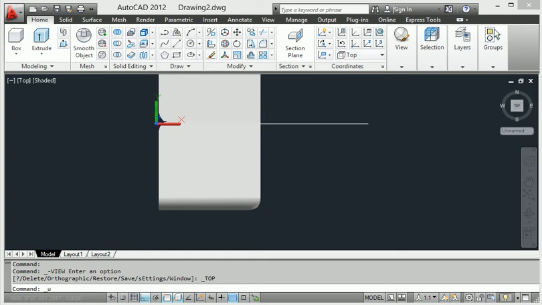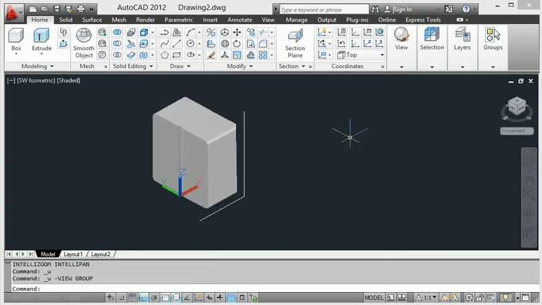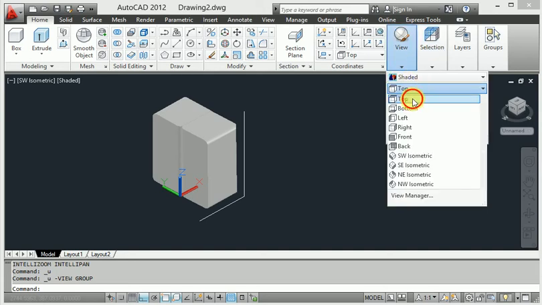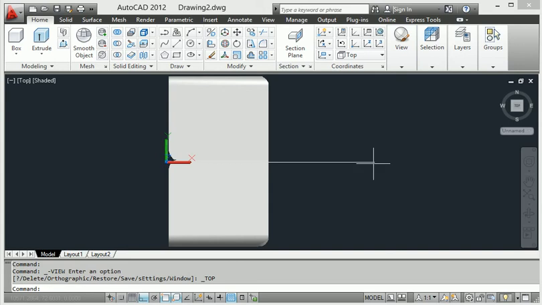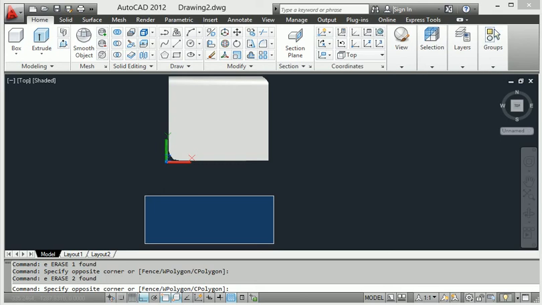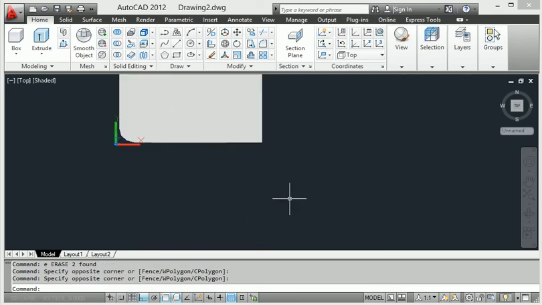But if I want the line to be joined, go to top view again, the line is deleted right now and the mirror is also deleted. So here we can see that the mirror has been removed.